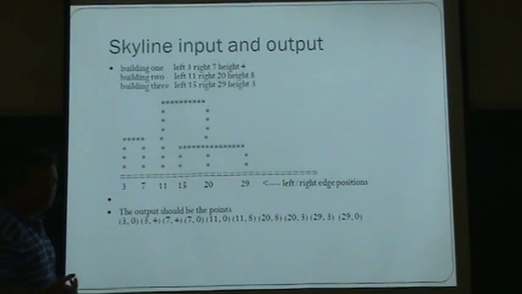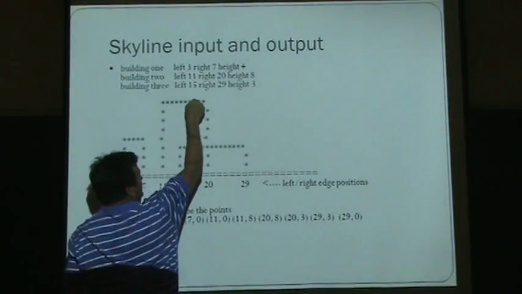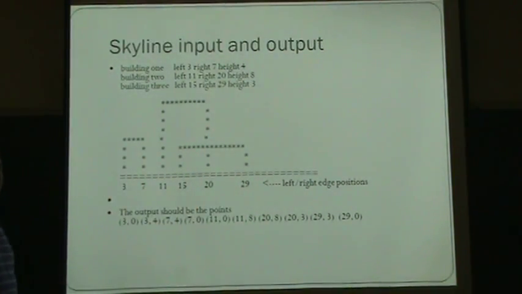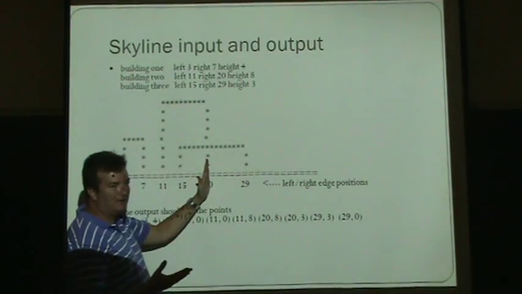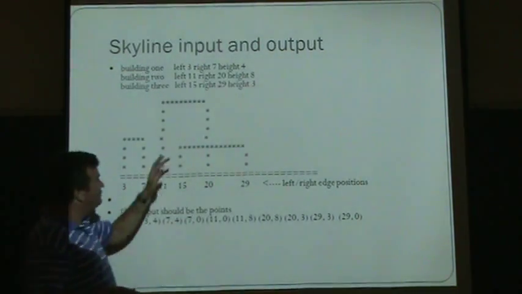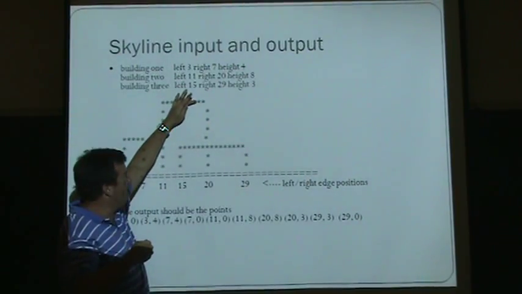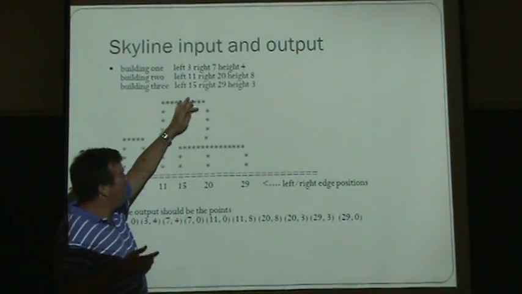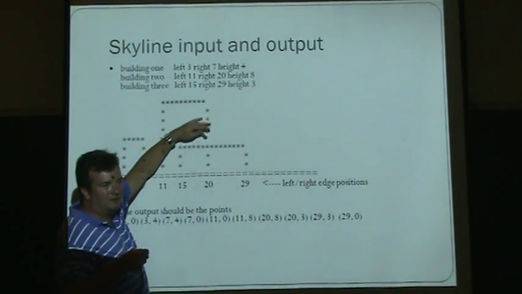When the tallest building leaves, what have we printed? Just the dots across the top? We keep printing the dots along the top. Only the top, that's all we care about. We're not coming down yet. Now, if a building leaves our collection of buildings we're currently looking at, it's possible that the one that left is the tallest one, so we have to run find max again to see if a shorter building is now the new max. If so, then we draw dots coming down to the new height.